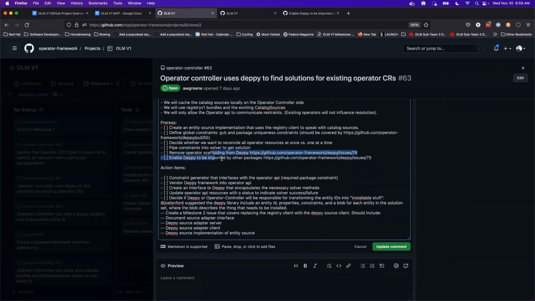Perfect. So we covered those 2. And then after all the prereqs, we have a whole bunch of stuff. Do you want to speak to that really quickly? Yeah, this is kind of the actual meat of the story. We need a couple different interfaces. We need an interface that allows the operator API to generate constraints and pass them to DEPI, as well as an interface that captures the necessary solver method, which is probably just going to be the solve method,